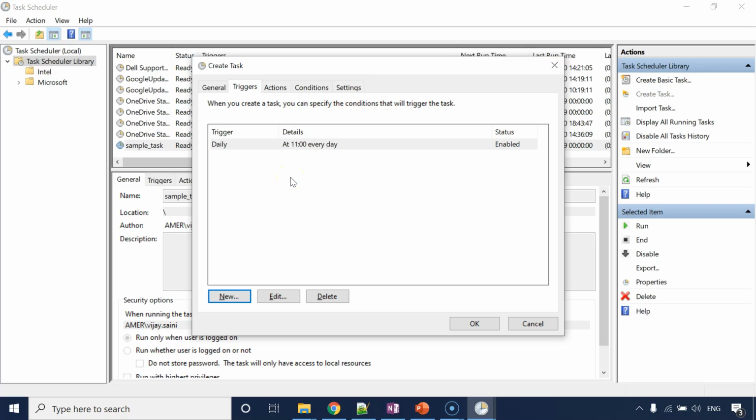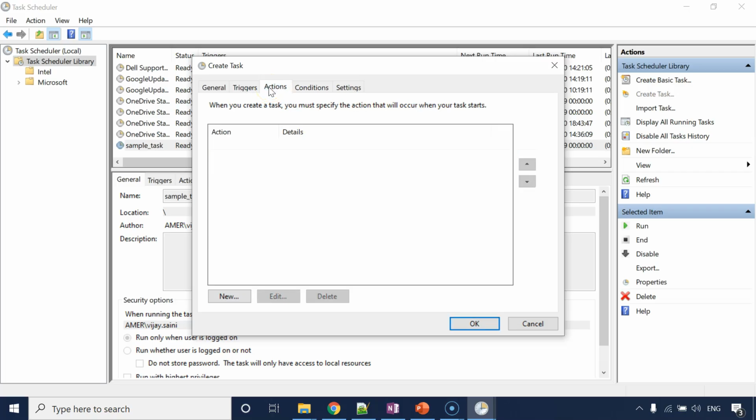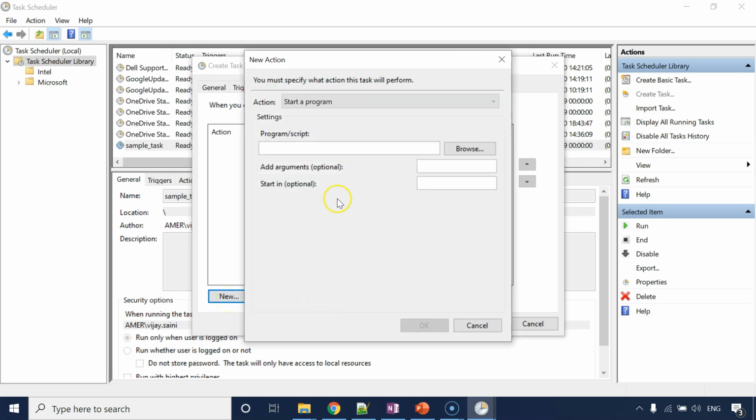Up to this point, we have defined the trigger and the scheduled task will begin, but what action it will take, we have not defined. So basically your task is of no use up to this point. Let's see how we can define an action for this scheduled task. So go to actions and create a new action like this.